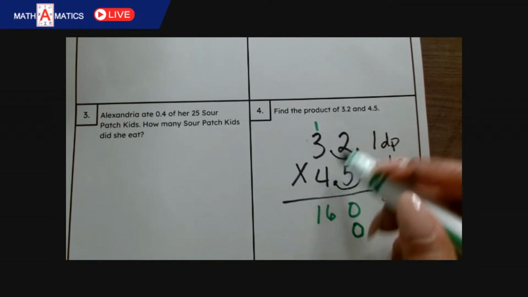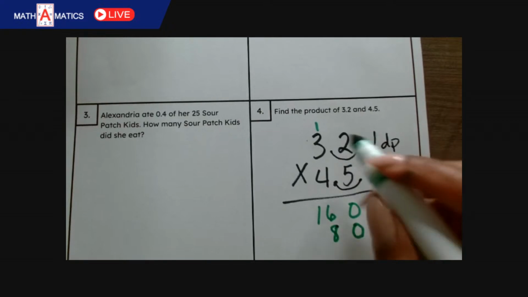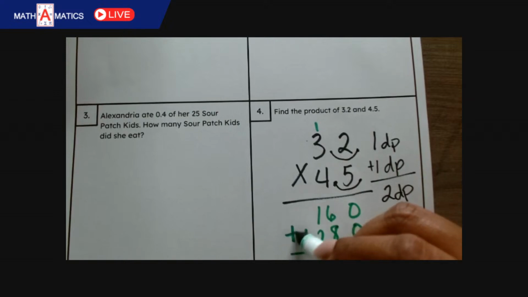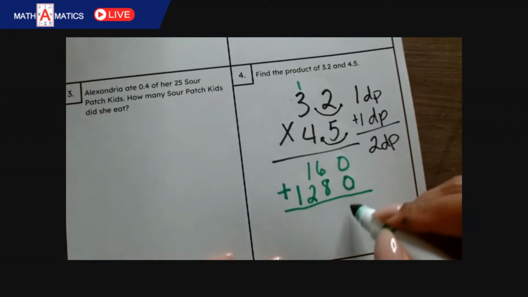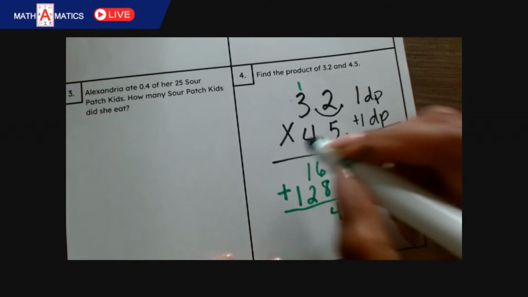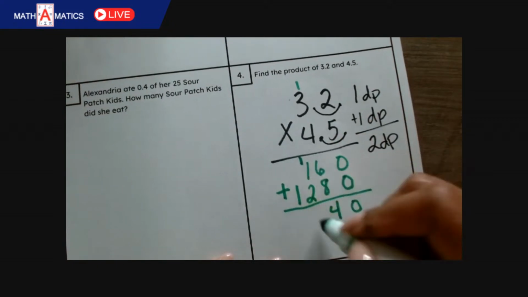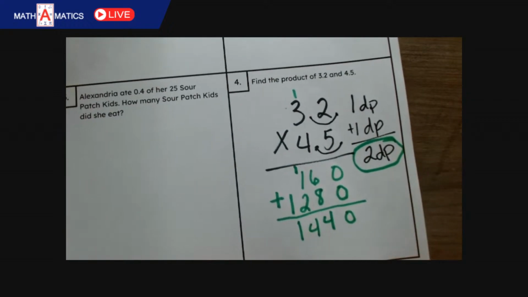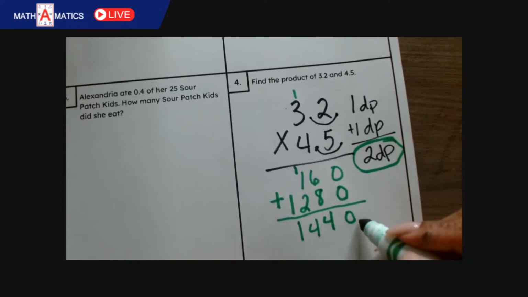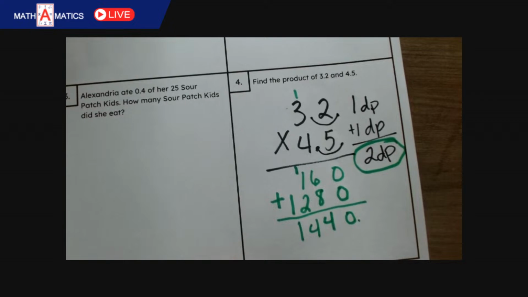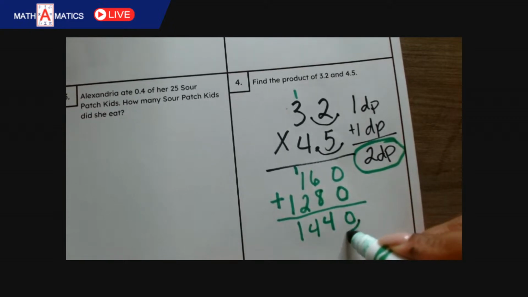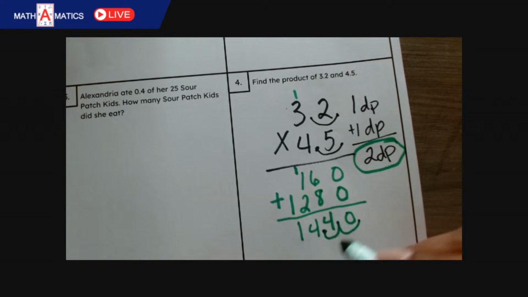So now we do 4 times 2, which is 8, and 3 times 4, or 4 times 3 is 12. So 2 and 1. And then our next step is to add those together. And we get 0, 4, 2, 3, 4, and a 1. And then that's when our DP comes back into play. And we always start from the back, because there is actually an imaginary decimal point back there. For every number, there is an imaginary decimal point behind that ones place. So we're going to go 1. We're going to go 2. So our answer is